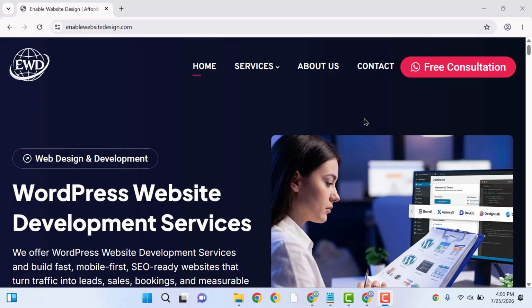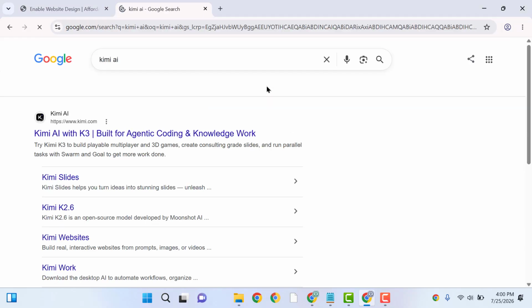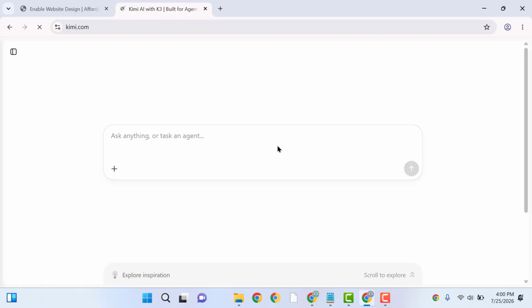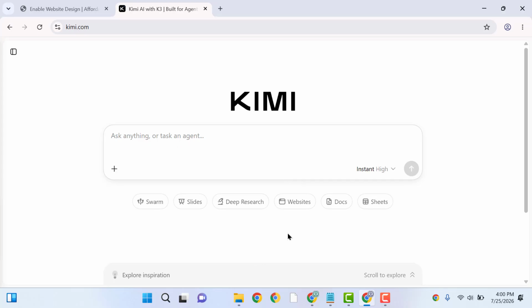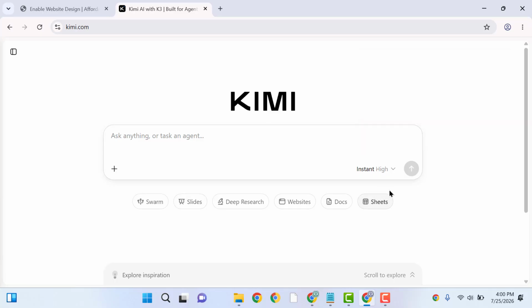In this video I will show you how to use the Kimi AI platform. Here you can go and type K3, then open this website. Now you can see this one is the box. You can type anything. You can generate images, you can generate codes, slides, you can generate the docs files, sheets